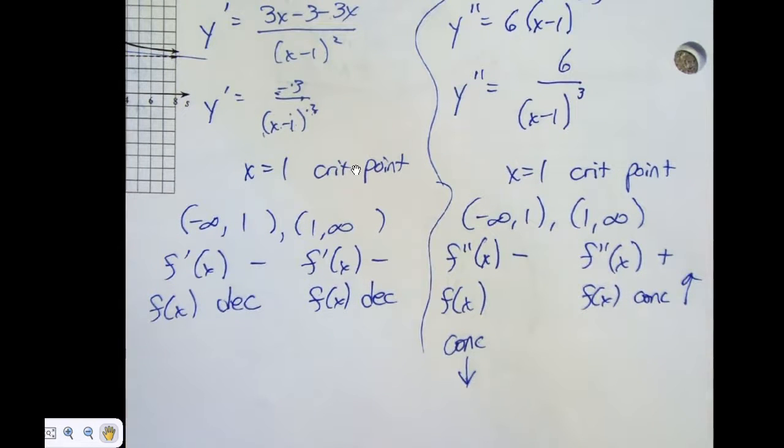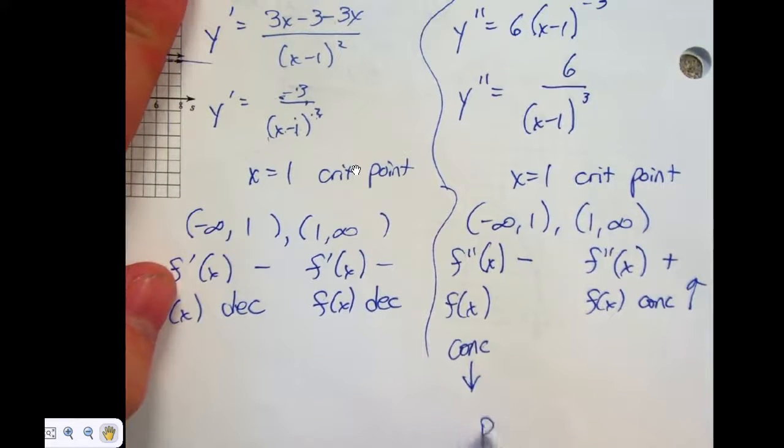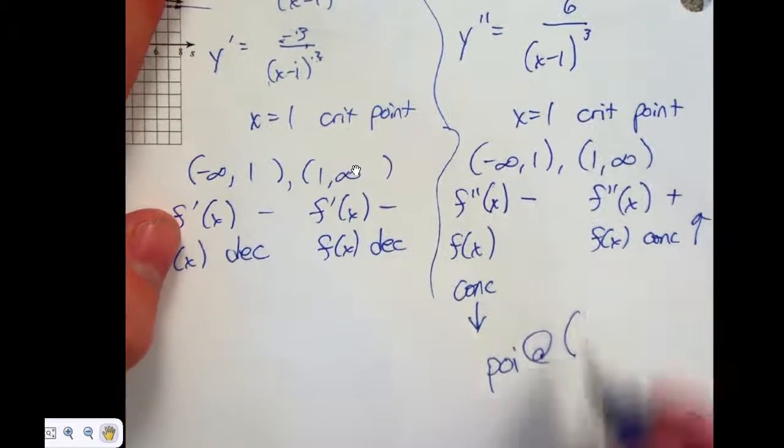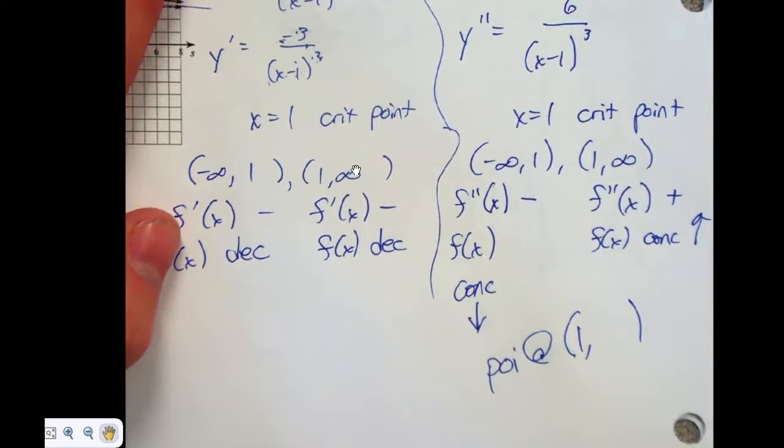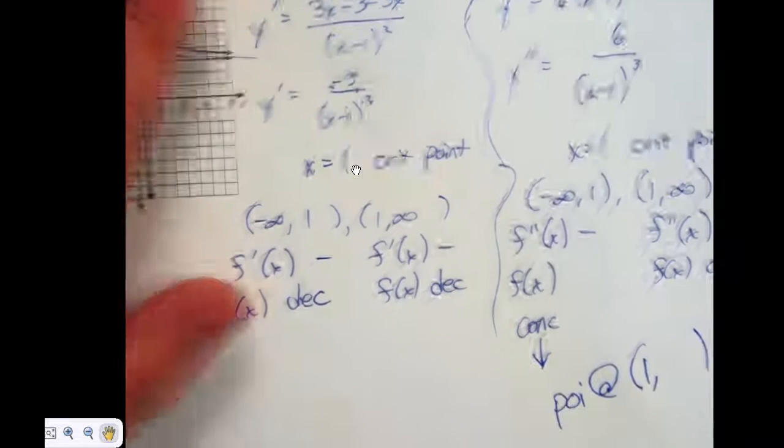So is there a point of inflection? No. So here's how, if you didn't have the graph, you would start going, okay, there's a point of inflection at, and then I'm going to start making it by the y value. So it'd be 1, comma, I don't know, let's go back and check. Well, when I went to plug